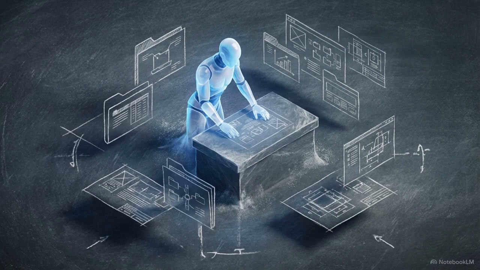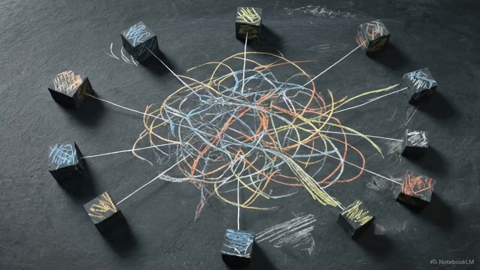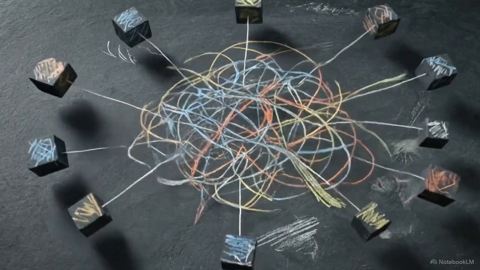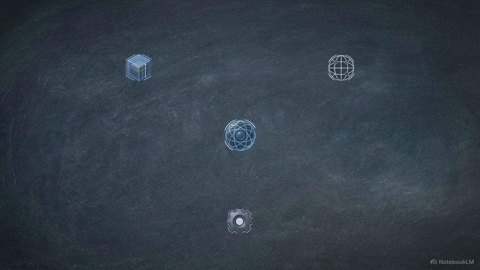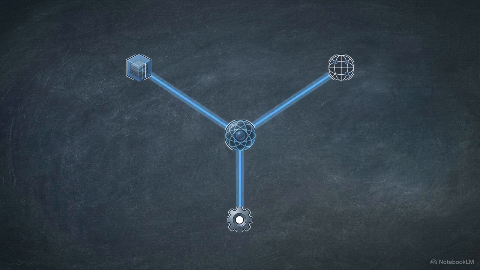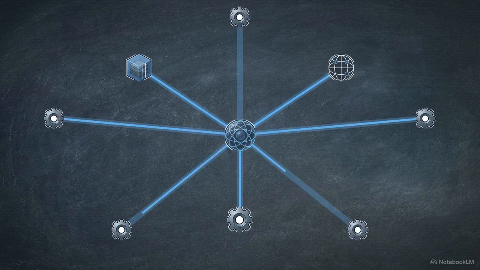We want autonomous digital workers that can research, plan, and execute tasks on our behalf. To build them from scratch, engineers write thousands of lines of manual connection code, bridging the gap between a language model in the real world. Connecting a reasoning engine to external memory, active web search, and local software tools requires complex orchestration. When developers attempt to hard code these disparate systems together, the resulting architecture is highly brittle and refuses to scale.